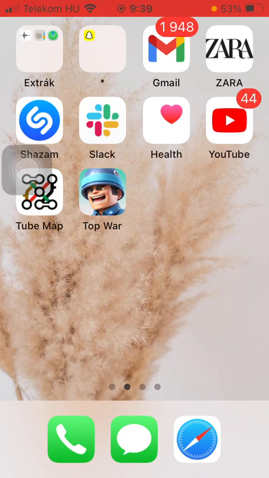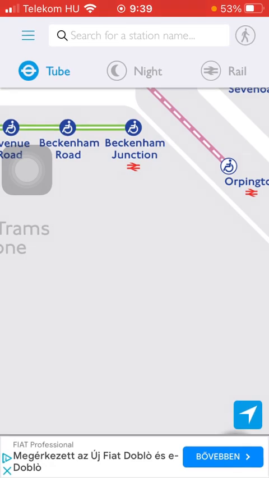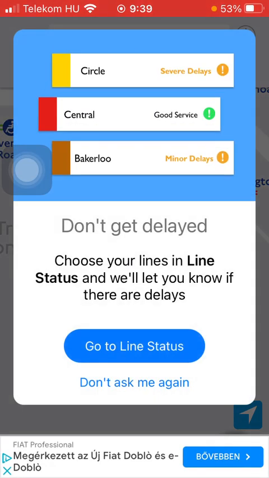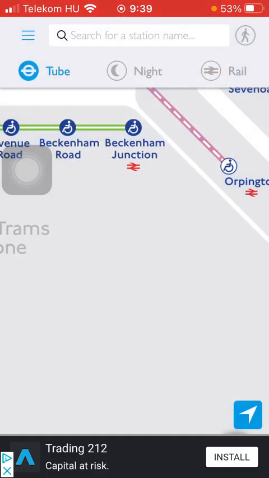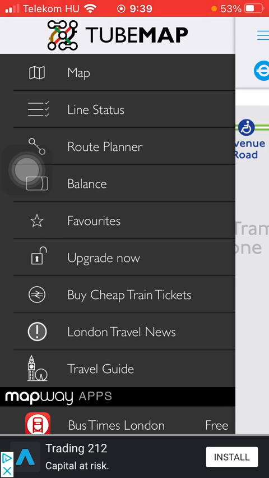Now let's jump into it. First of all, open the application on your phone. After that you should go to your homepage and then click on the menu icon that you can find in the upper left corner of the screen, so click on it, and then you should tap on this travel guide button at the bottom of the screen,